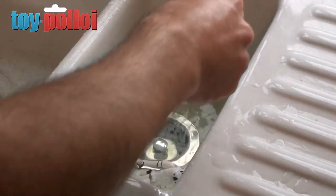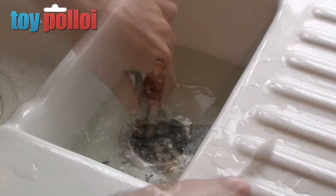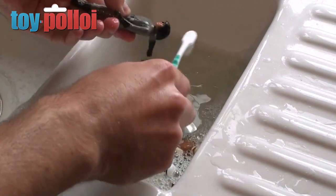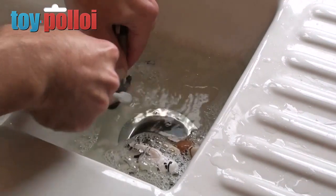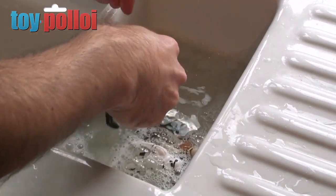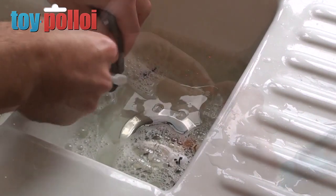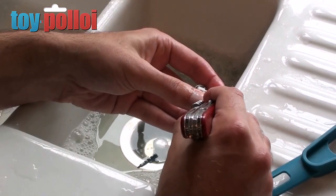So if you've watched my previous cleaning video, you'll know the first thing to try is always to wash them in super hot water. And because it's this rubber I want to get off, I'm actually going to use boiled water this time with just a little bit of soap liquid in there, just to loosen everything up. And if you're using boiling water, please be careful. I'm going to use a pair of tongs to move these around and extract them from